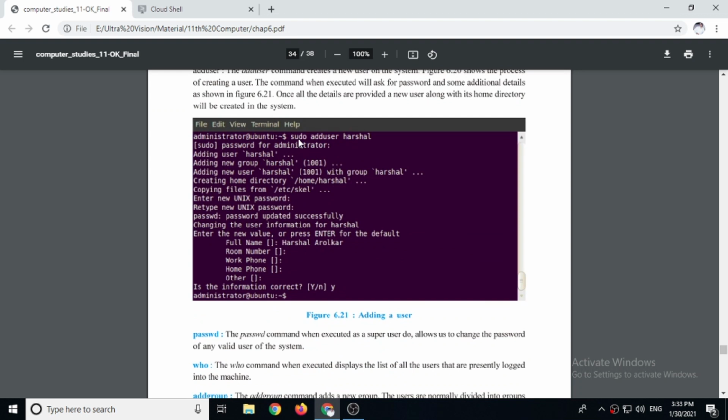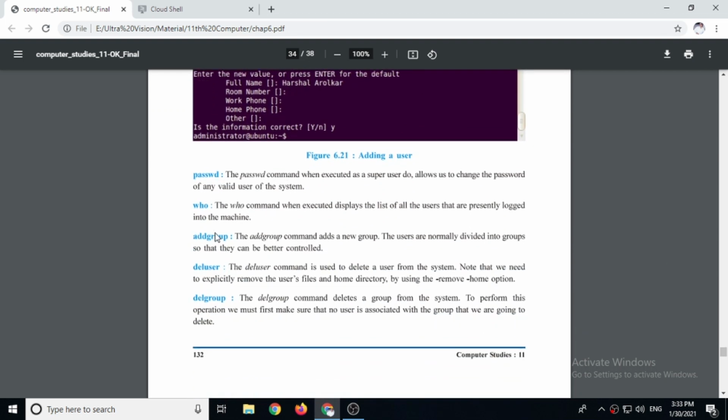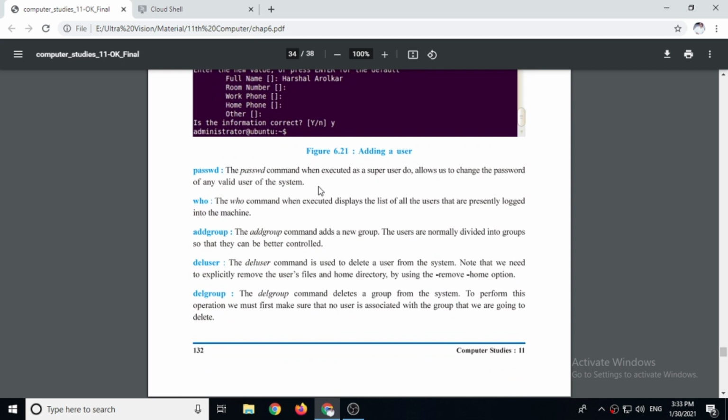For that you have to give sudo adduser and then the username. Passwd: the passwd command, when executed as a super user, allows us to change the password of any valid user of the system. So after passwd, you can include any username to change its password.